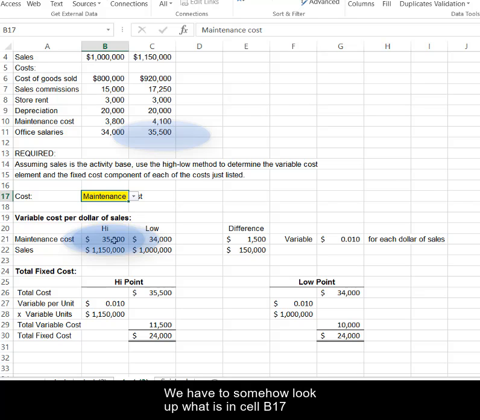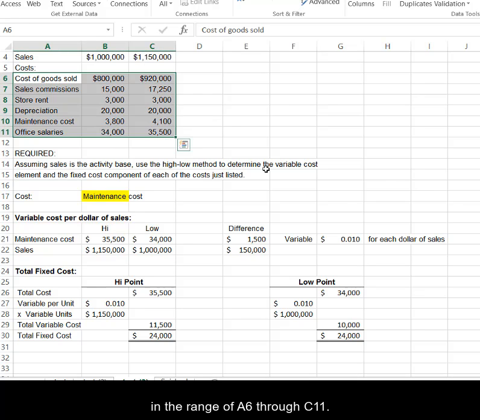We have to somehow look up what is in cell B17 in the range of A6 through C11, and based upon whichever item it finds,